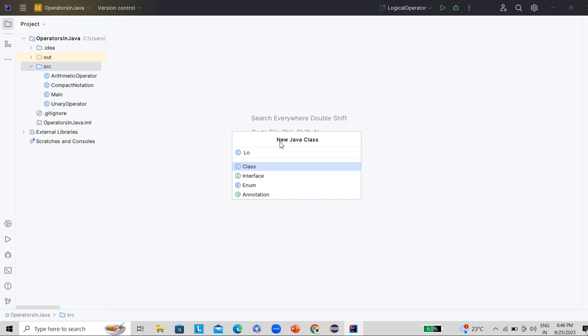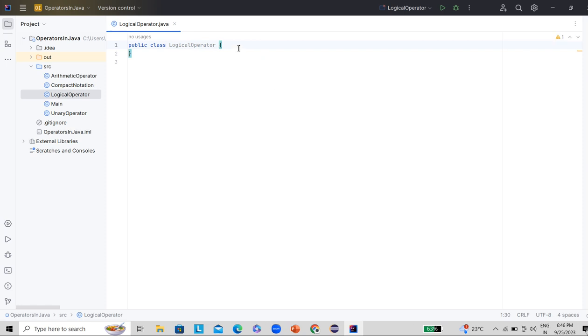Let's give the name as LogicalOperator, create the main method, and let's say we have a condition like a equal to 1 or b equal to 1 or c equal to 1.